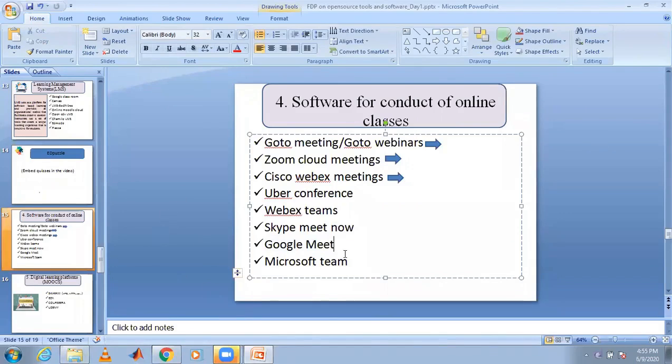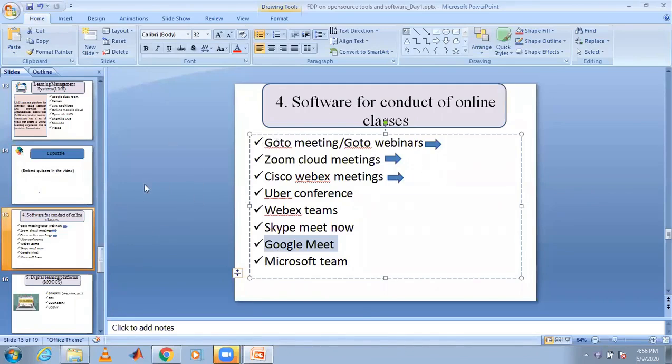Okay, Google Meet you can access, but the problem with Google Meet is that if you want to use the hand raise option, you have to install some add-ons to use Google Meet completely. That is the problem with Google Meet. Otherwise, Google Meet is okay because it is free online software for conducting online classes. Then Microsoft Teams is also providing this. Along with this, Canvas meetings also you can create. This is about the software.